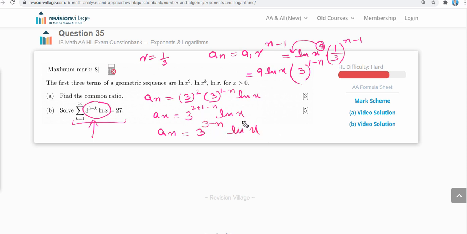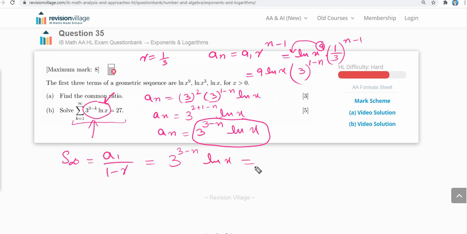As you can see, this expression, the nth term, is similar to the expression over here. Instead of n, we have k over here. So basically we have to add our nth terms up to infinity, we have to find the sum to infinity. So we'll apply the formula for the sum to infinity on this nth term. The sum to infinity is equal to a_1 over 1 minus r, that is equal to this nth term, 3^(3 minus n) ln x,